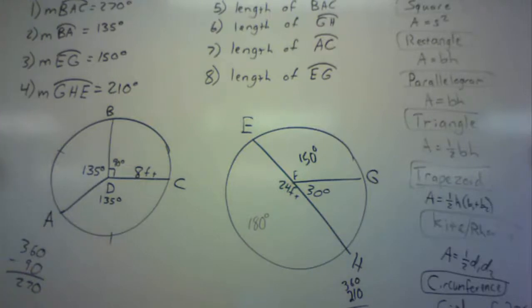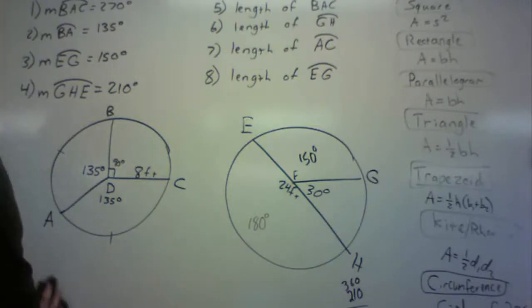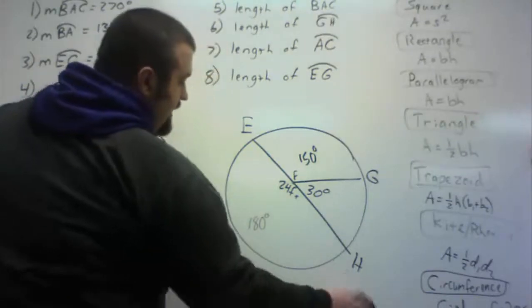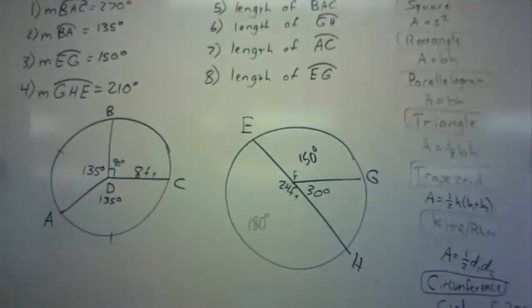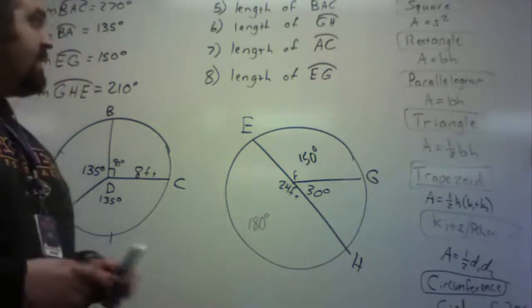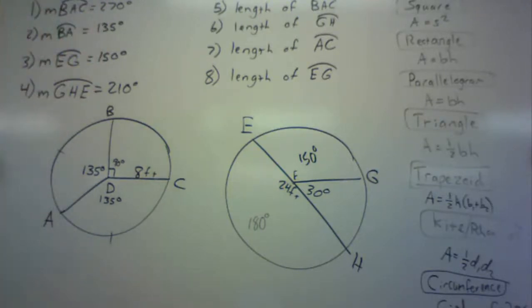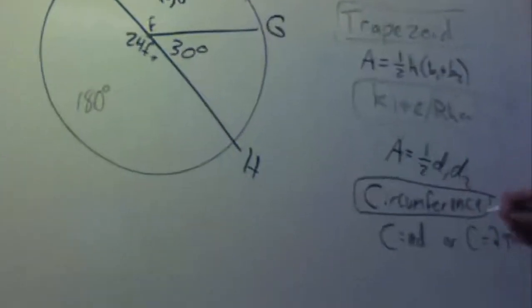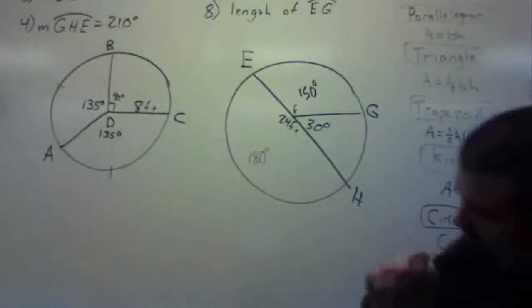Alright, so we've gotten the measure of the arcs out of the way. Now it's time to apply the new stuff, which is to find the actual lengths. And if I look here, whenever I'm doing arc length, I need to set up the proportion. Part to whole, part to whole. And I've never actually put the formula over here. So arc length. I know I'm going to be using that formula. So for number 5 here,